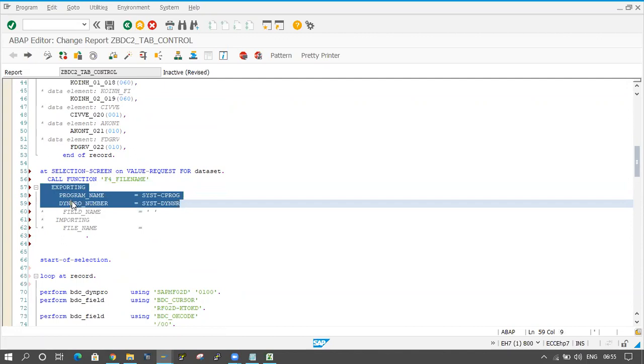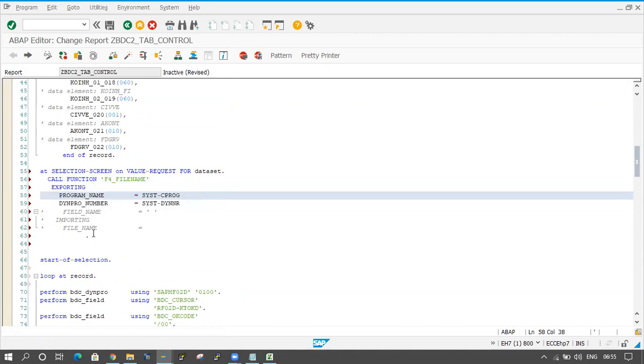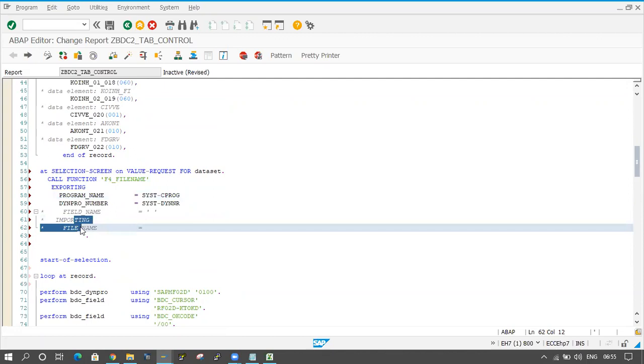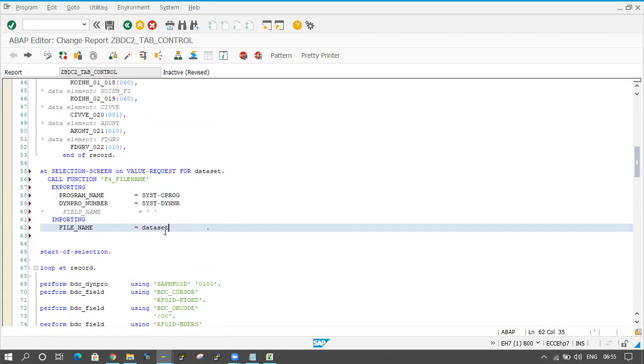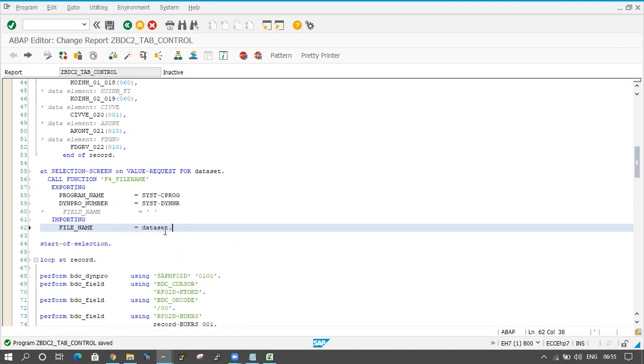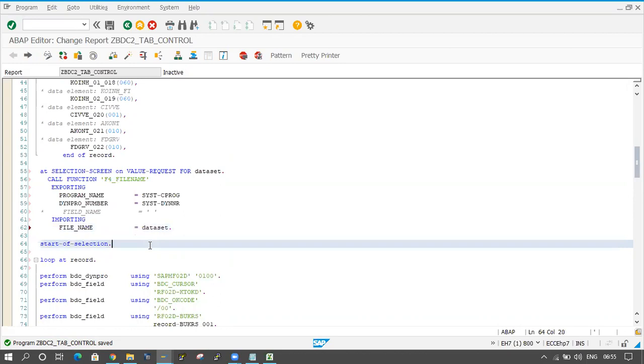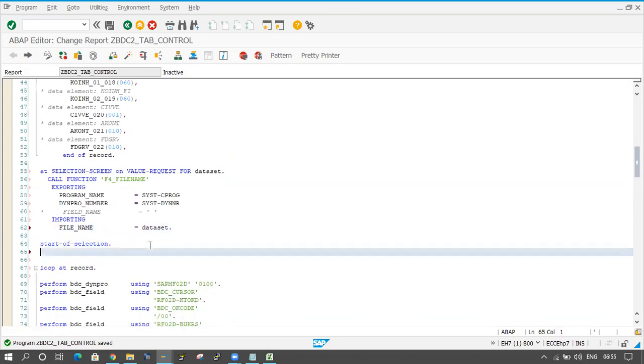So I am passing the current program name, current screen number, and I am importing the file location in the dataset only. I am getting the file location in dataset. I'm picking the file location, and after that I have to convert that Excel sheet or notepad or any other thing into one internal table.